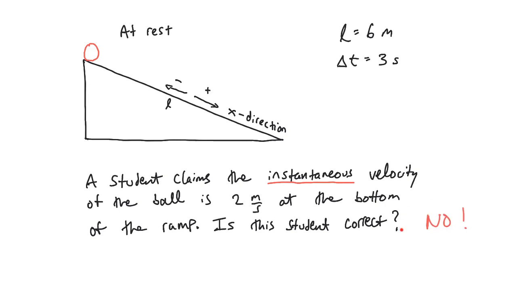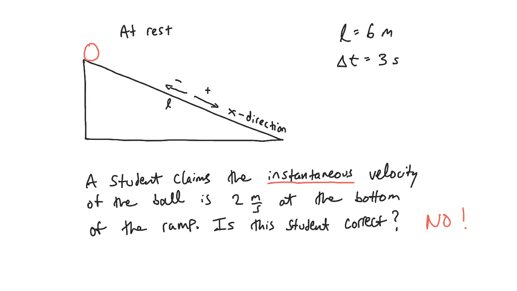The answer here is no. The claim is incorrect. The ball will speed up as it rolls down the ramp, and it's going to be traveling at different velocity values as it goes down the ramp. So here it's going pretty slow, maybe like half a meter per second, and it starts to speed up and it's going faster and faster. And maybe by the time it gets down here, it's going a lot faster than, say, 2 meters per second. I'd have to give you the physics, or you'd have to work that out to predict exactly how fast it was going down here. And we'll get there soon enough.